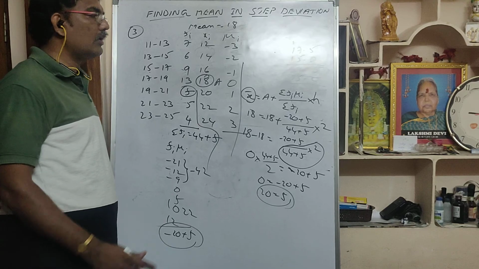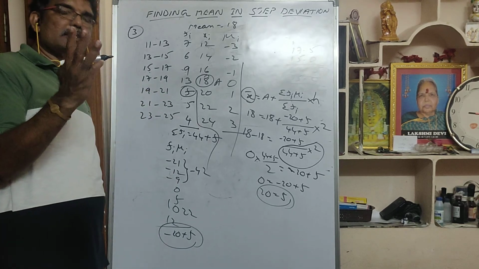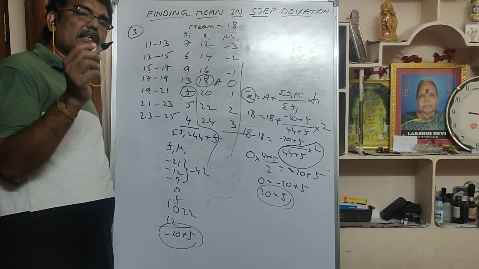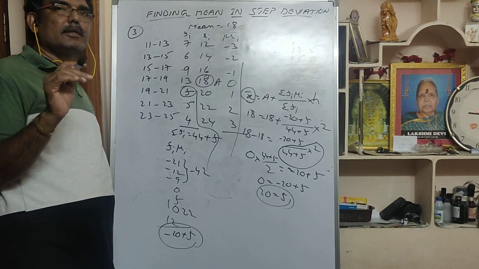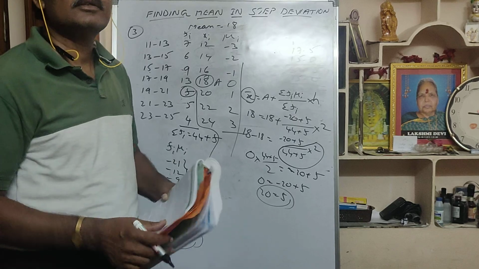So the frequency value, how much did you get here? 20. So like this, the 3 methods are important. You should practice all the problems in the 3 methods. Practice it. Okay. So in the next class we'll see the remaining. Thank you.